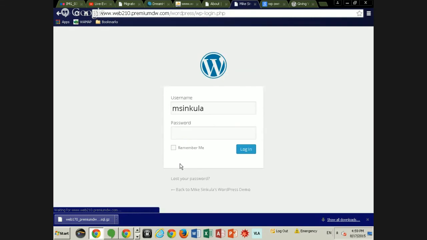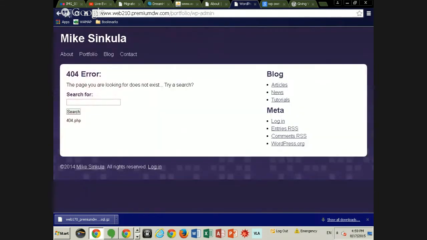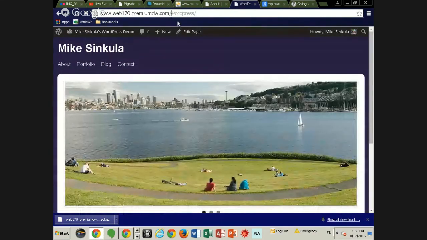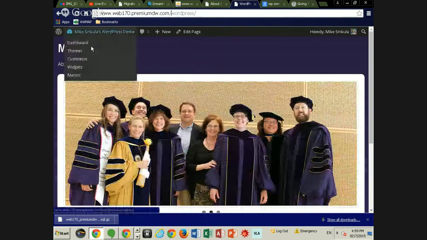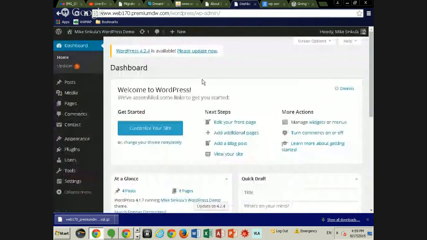Whatever. But if you go back to the WordPress folder like this, because what it's supposed to do is, and maybe that's, hold on, let's see. If I go to dashboard, maybe,